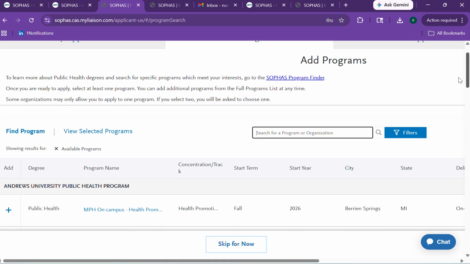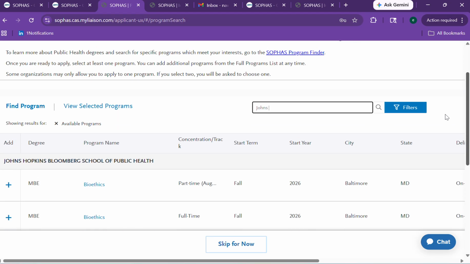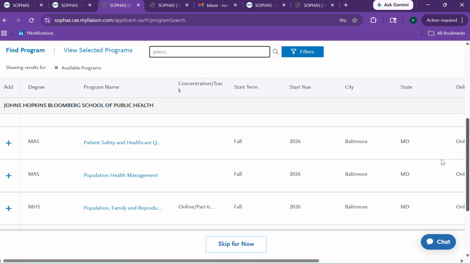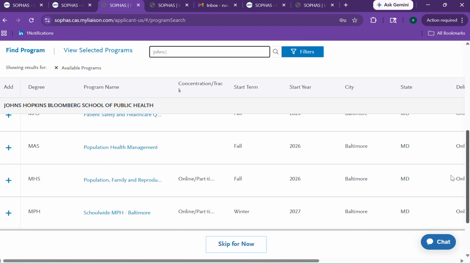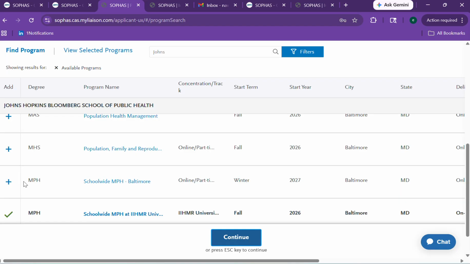Okay, so the programs are here. Search for program organization. Okay, let's search for Johns Hopkins University. Johns Hopkins University is known for a lot of public health programs. So let's say I want to apply to any of their programs. Let's say I want to apply to the MPH program. I can add it. I'll just go here and I'll add,